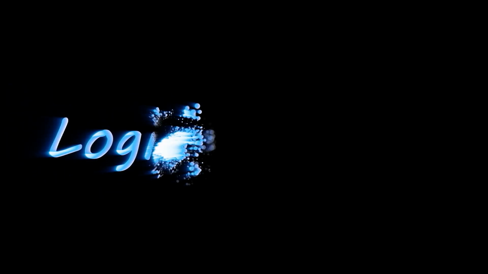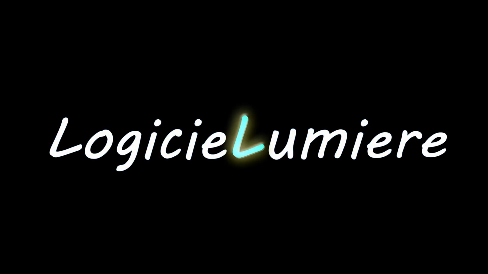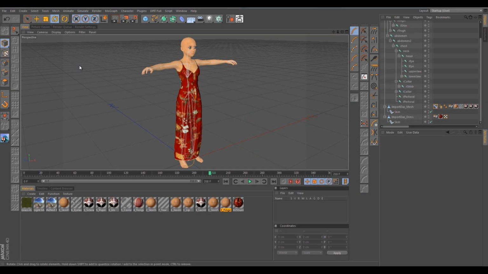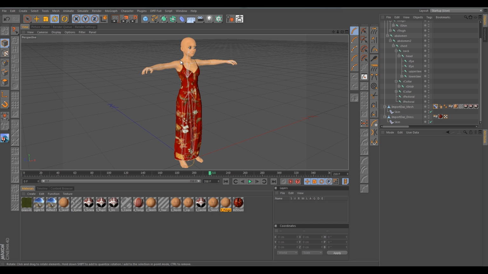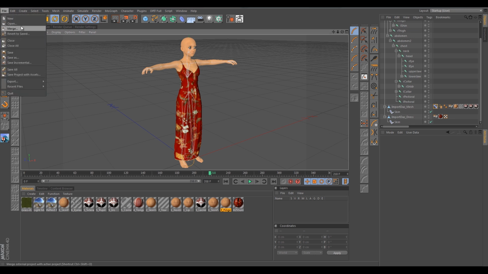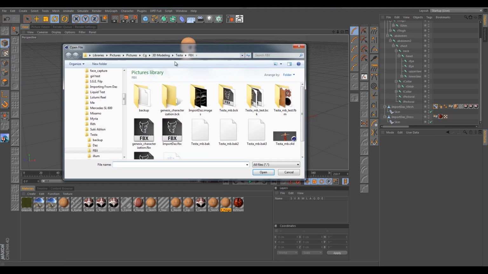Alrighty guys, so we're almost done here. We saved out our project in the last chapter. This chapter we're going to bring it back into Cinema 4D and we're going to use Cinema 4D's motion system tools to see how we can do some nonlinear editing in here and basically use our animations for our final visualizations. So if we go ahead and actually open the file here in Cinema 4D,